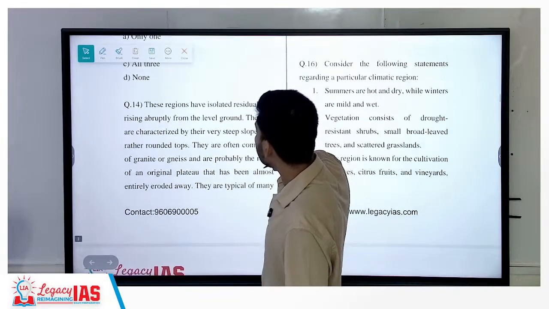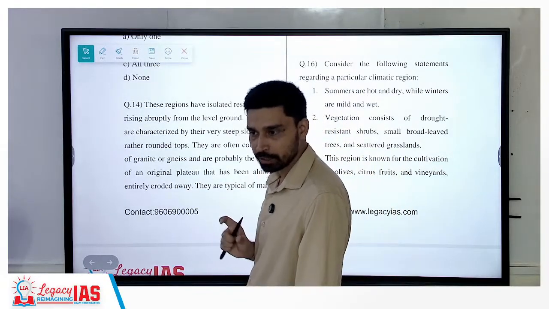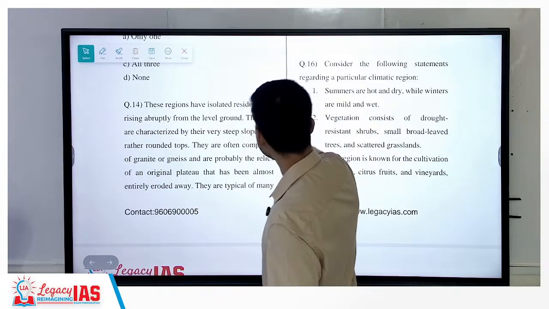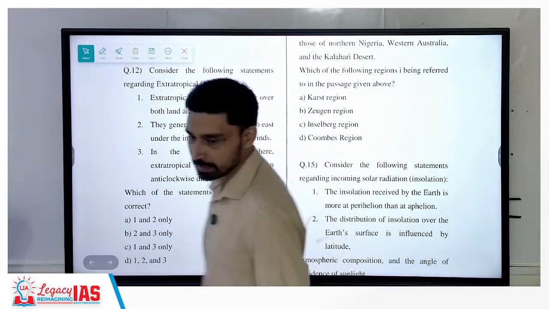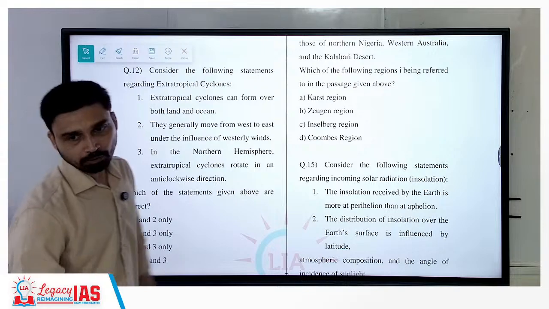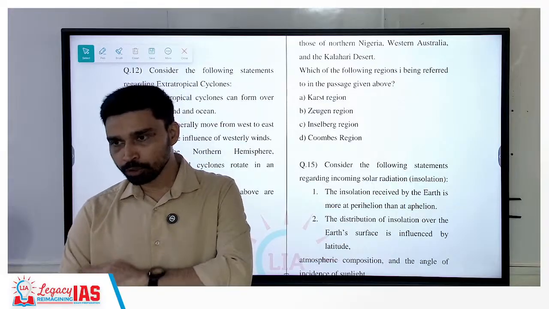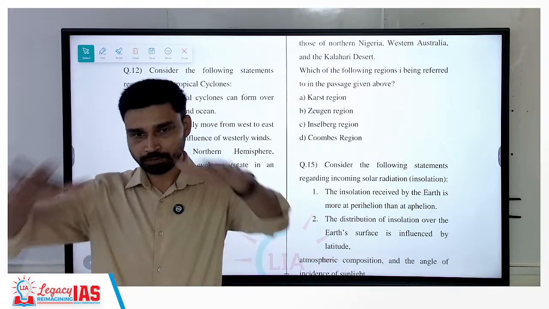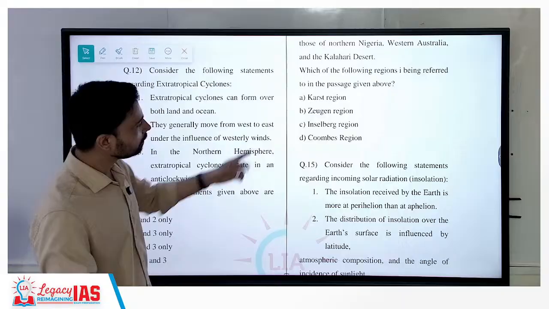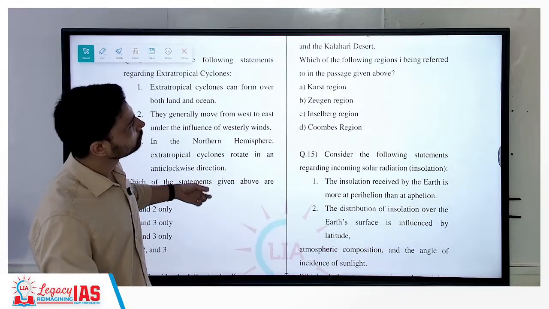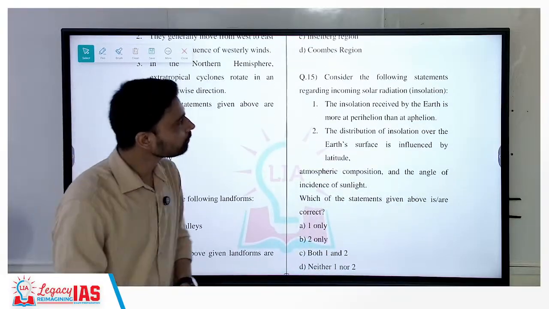Regions have an isolated residual hill. I told you the example in class of Ayers Rock, Uluru Rock in Australia. I don't remember where exactly, but we have discussed this. So what is the correct answer? Inselberg. Basically, an Inselberg is made up of hard, resistant rock, which erodes at a very slow rate. Surrounding areas have soft rock, which erodes at a very fast rate. So what kind of structure will you find? A small hill, and all around a plain. So Ayers Rock in Australia is an example of an Inselberg. Cirque, we discussed yesterday. Cirque or Corries, both are the same.